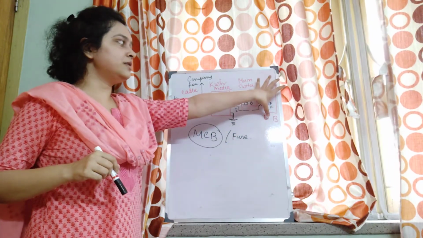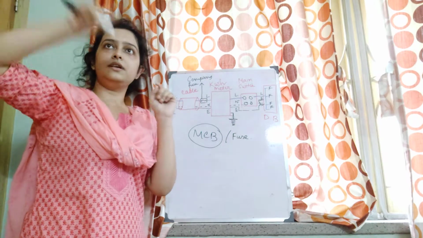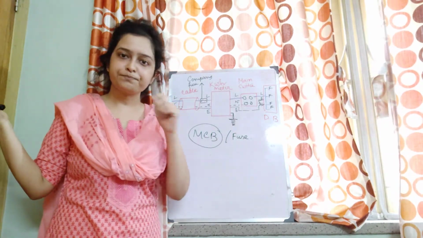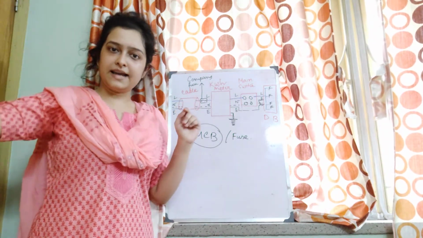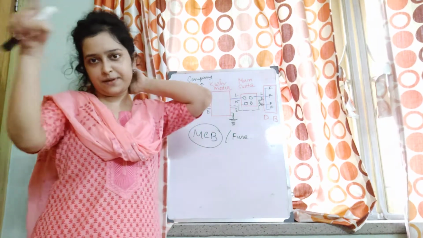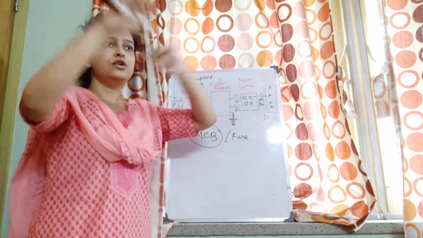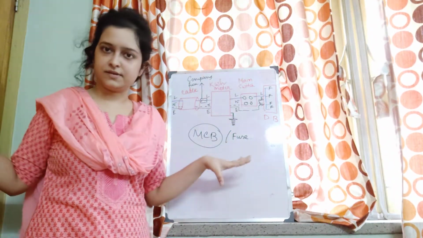From this distribution box, wires run around each portion of your house, supplying the power to each portion of your house. And again, you have wires returning back to the distribution box, obviously to complete the path of the current. So basically, from this distribution box, you get connections to different rooms of your house.